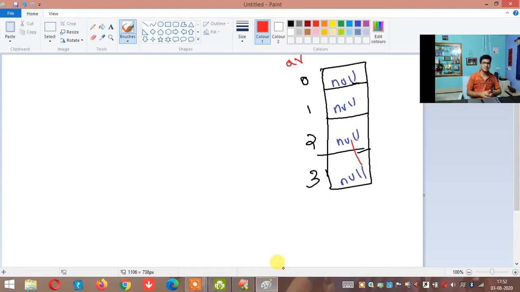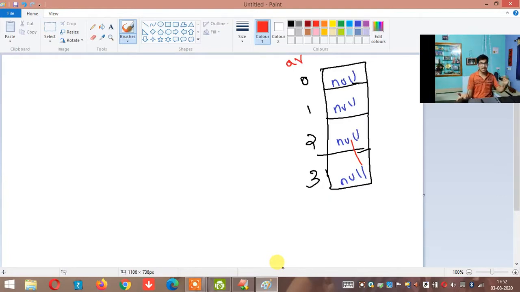Yes, same thing here also. If you have to store something in an array, first the array has to be there. So if the array has to be there, I have to create an array. And if I have to create an array, there are some rules. The size is fixed, which means I should first ask the string, how many words do you have? If we have 4 words, I will create one array of size 4. If we have 5 words, I will create one array of size 5.